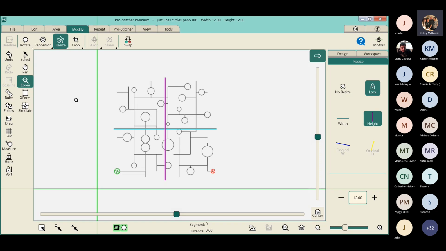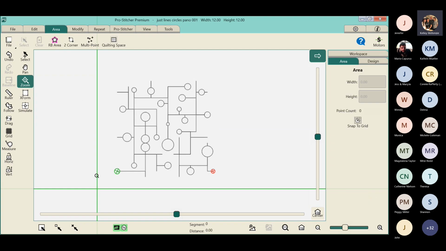There are many times that you need to use baseline while you're designing something. One of those is when we use the crop feature. When you're going to use the crop feature, you always baseline before you crop and after you crop, okay? So let me real quickly create an area again so that we can turn this design into an edge to